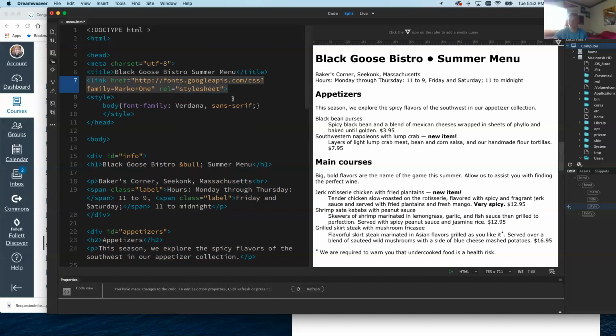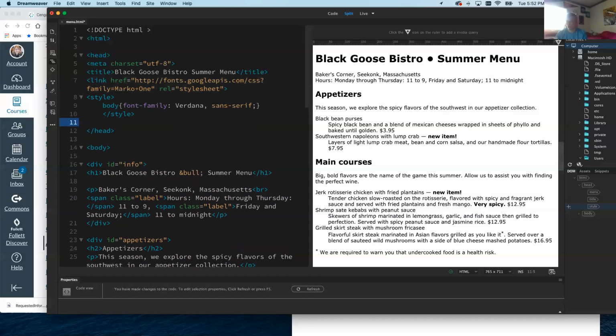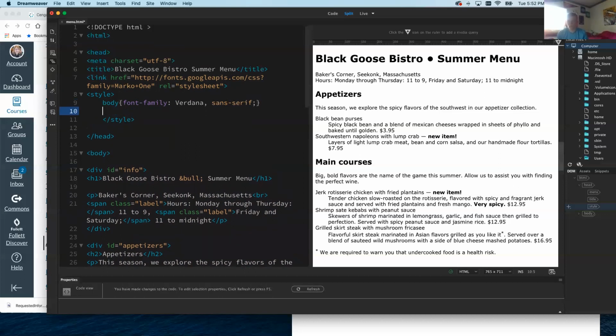around the style sheet. Okay, so now we have to add the actual rule in the body that we want to pull from that style sheet. And we want it to be included as part of the style. So that's what the next part is, we're going to write a style for an H1. So we're saying make everything Verdana unless it's an H1. And if it's an H1, I want the font family